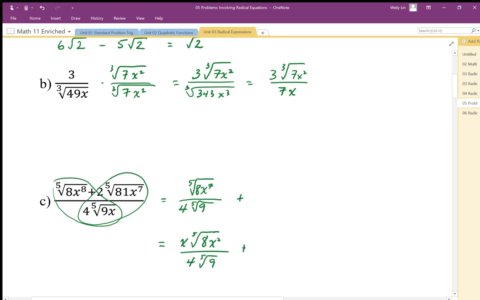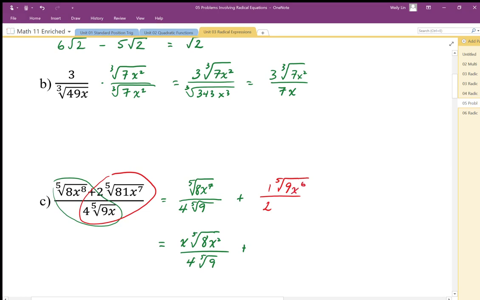Okay, so doing the second part here, which I'll do in a different color. Second part of this binomial term. Okay, we can do 2 divided by 4. So that's going to become 1 and 2. We can simplify that ratio. 81 divided by 9. We can say that's equal to 9. And then x^7 divided by x. We're going to end up with